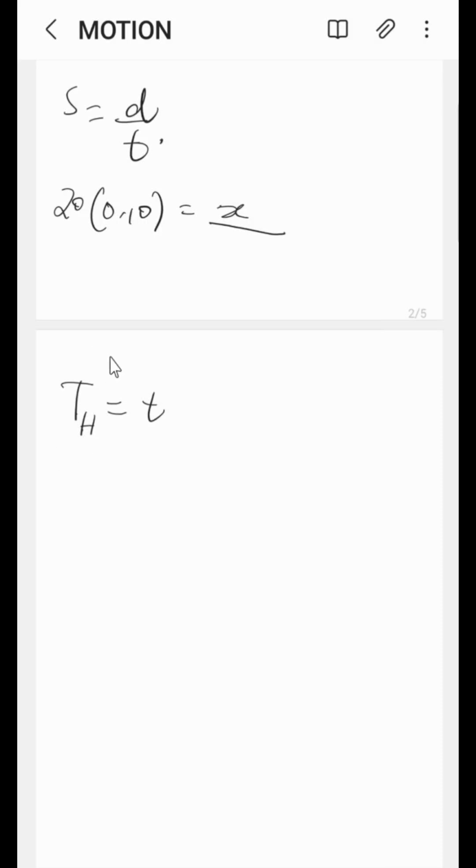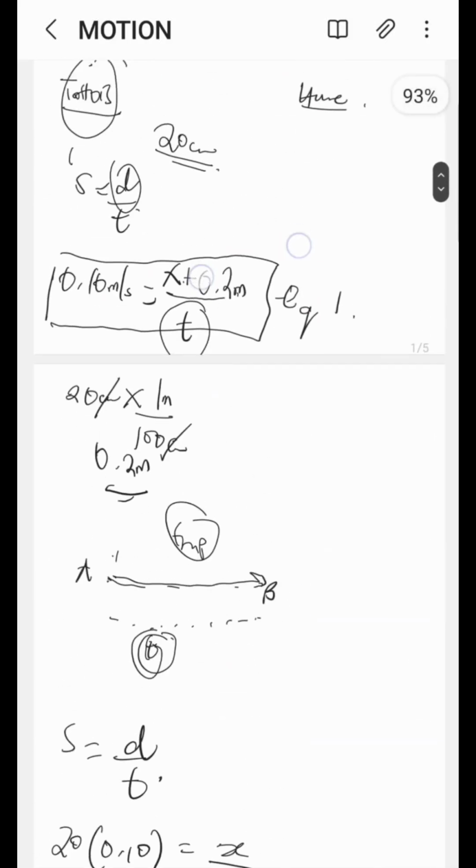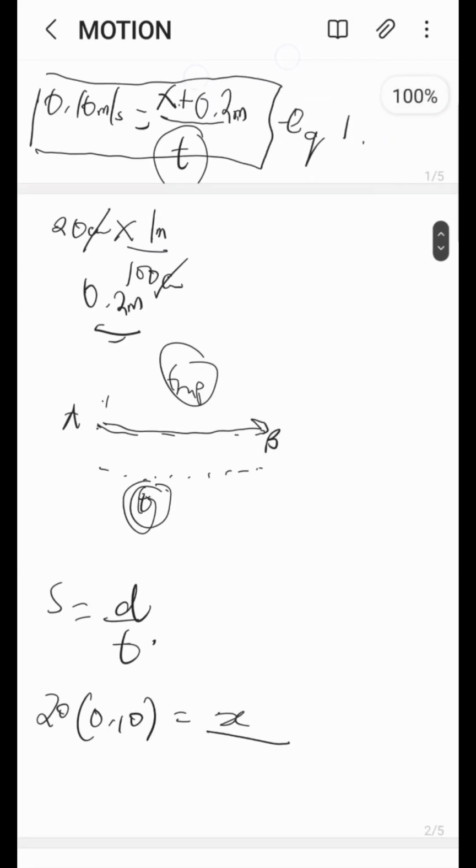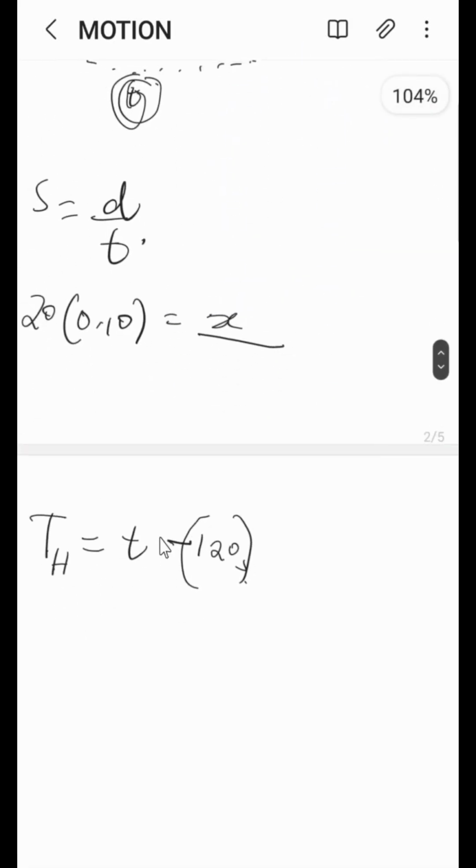However, the time for the hare is different from that of the tortoise. So this is the typical variable time for the route that they both used, minus 120 seconds, right? 120 seconds, because this is 2 minutes. The hare stops to rest for 2 minutes, which means in the typical variable time, the 2 minutes,